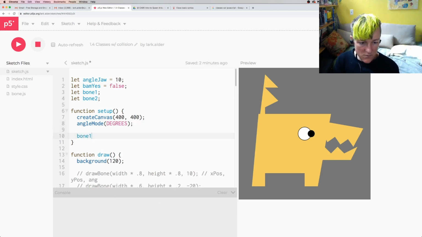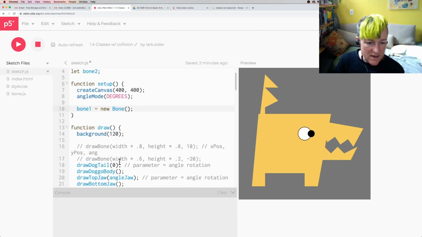So here bone1 equals new, name of the class, which is capitalized, and then inside parentheses, the different arguments, parameters that you're passing into it. And guess what? These are the same as the ones that we passed into that function that we created to the start. So I'm going to take those and pass it into there. And then if we run this,